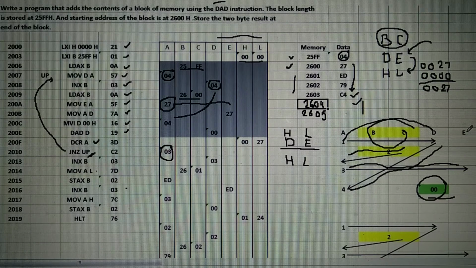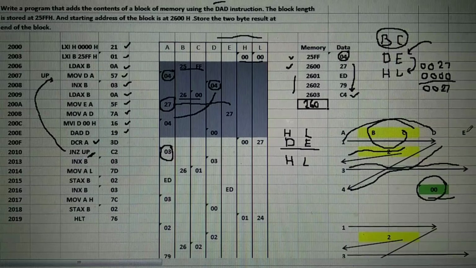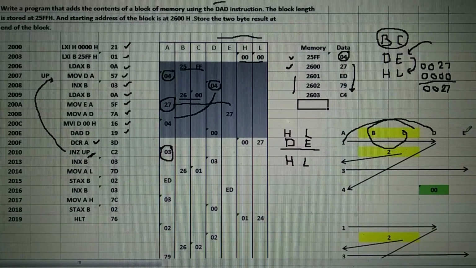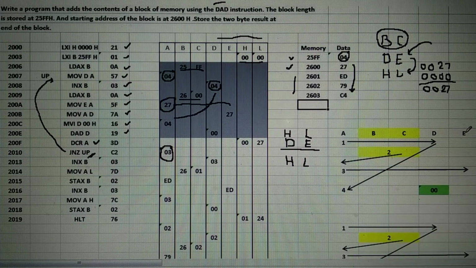This part is important, how the counter is shifted to D and how the counter is again brought to the accumulator. A to D, BC gives the memory, brought to the accumulator, from the accumulator to register E, counter from D again to the accumulator and D is made 00. This part is important.